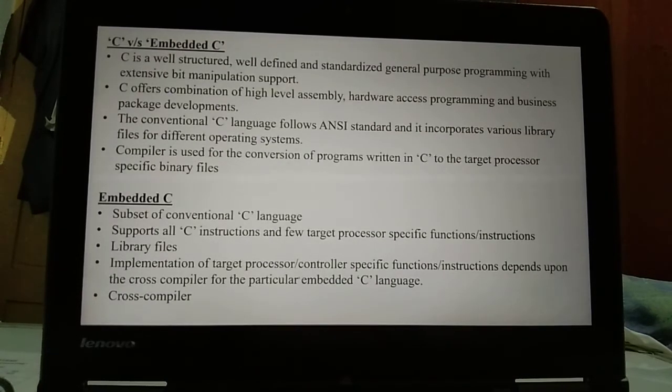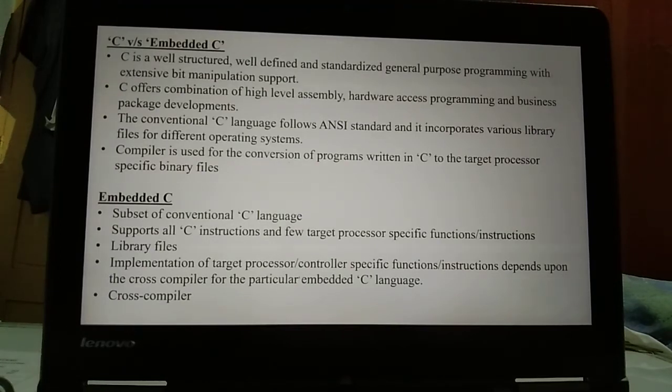C versus embedded C. C is well-structured, meaning the whole program is arranged in terms of functions in a well-defined manner. General purpose programming means it is used for general purpose applications. And bit manipulation support means whenever a data bit stream is given, there are instructions to manipulate the bits in the data bit stream.